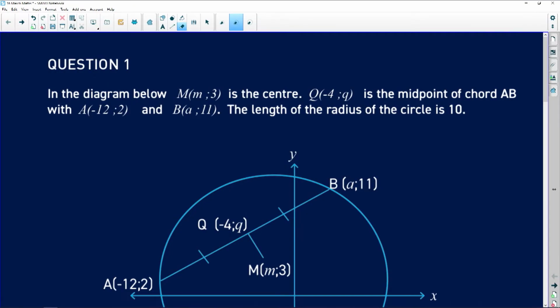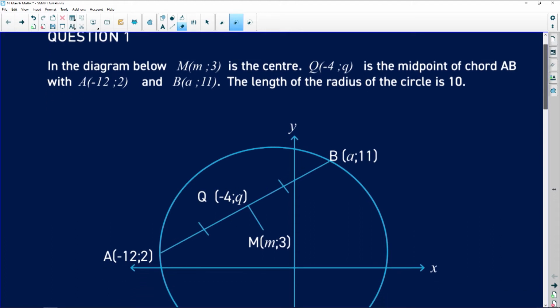Now we're going to go to our first question that was sent, like I said, by one of our learners. Let's go and check out what this question is all about. All right, so this question says to us here, in the diagram below, point M with coordinates (M; 3)